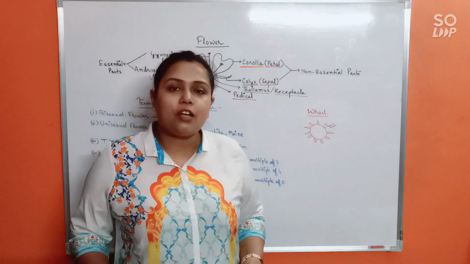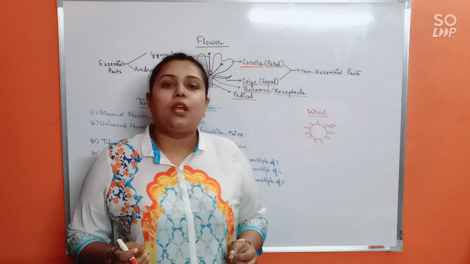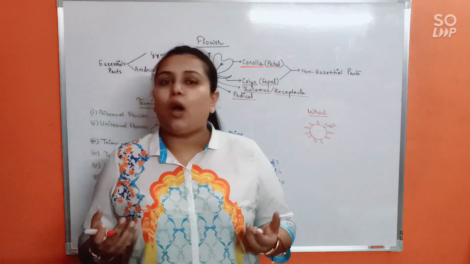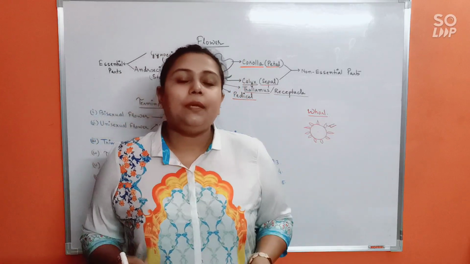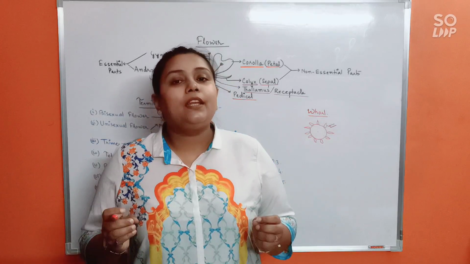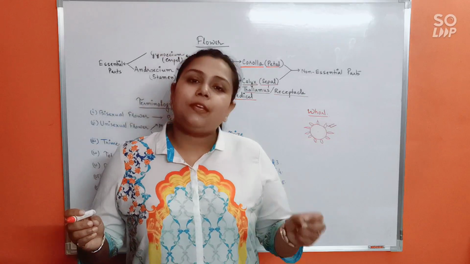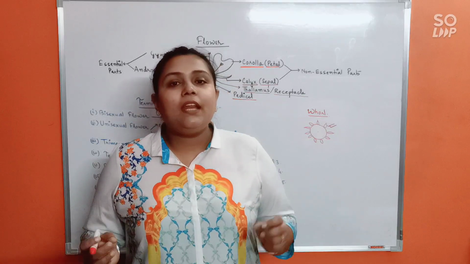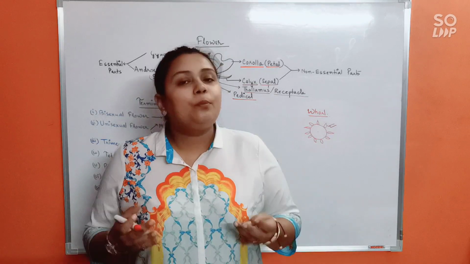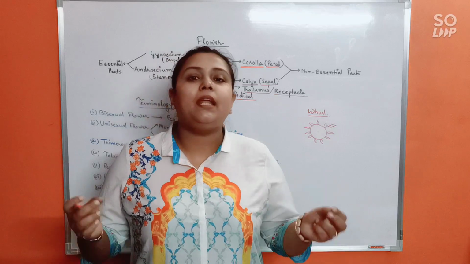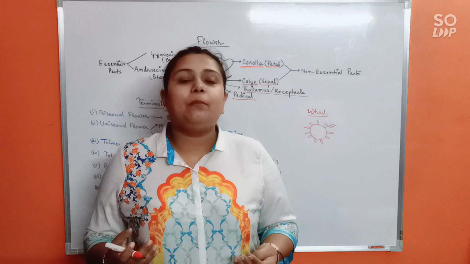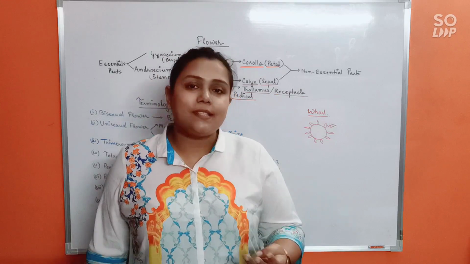Alright, so what would be the function of the corolla? The function of the corolla is to attract pollinating agents. Now what are pollinating agents, or why are they required to be attracted? See, the main function of the flower itself is reproduction, right? And in reproduction, there are male and female gametes involved. The male and female gametes also have to be brought together for fertilization to occur. So most of the time, bringing the male and the female gametes together cannot be done automatically. Sometimes they require the help of certain agents like birds or insects, etc.